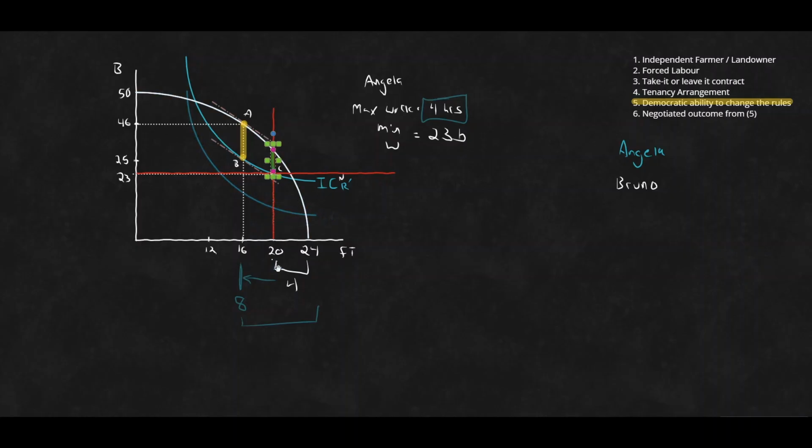As a result, we will end up right at the maximum amount that you're allowed to work and the minimum wage that you're allowed to pay. And as a result of that, Bruno will push the wage still down to 23. We'll say you can only work 4 hours because legally that's all I can let you work. As a result, Angela gets to take home 23 bushels of wheat, and Bruno takes home, what does that look